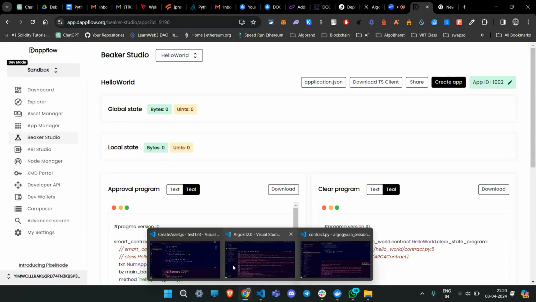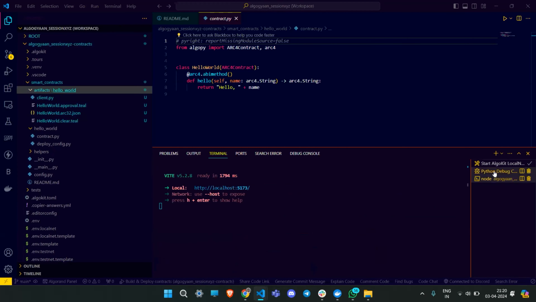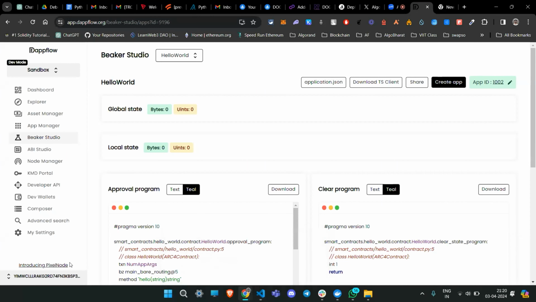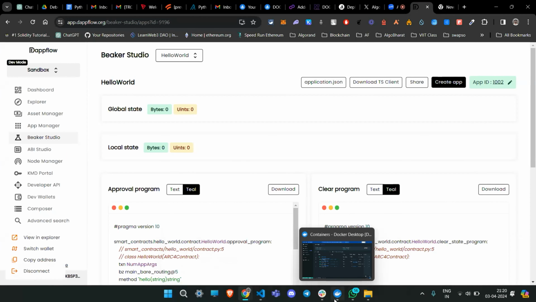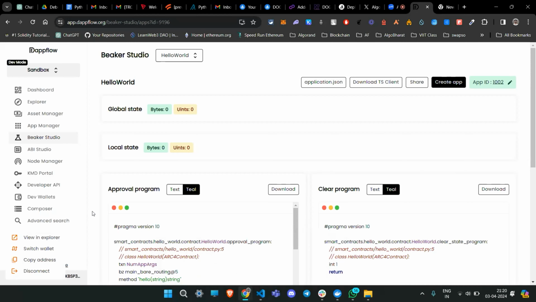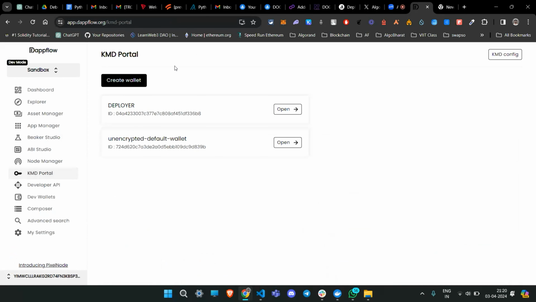So one more thing I want to show is the wallet address. So hello world is found in here, right? So let's check over here. Okay, my sandbox is still running. That's why it's taking that wallet only. So if you have to connect a different wallet, you don't need to do anything. Just go to the KMD portal, and I've already got two things, right? Deployer and this. So maybe you can get a different value, and over here there should be another box saying